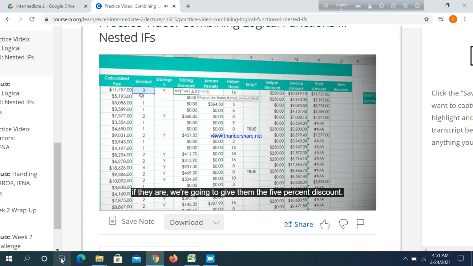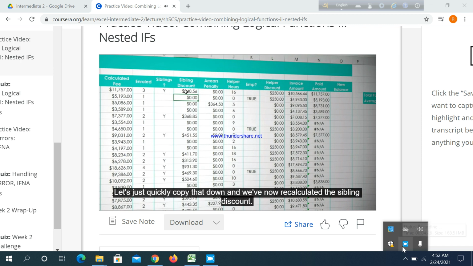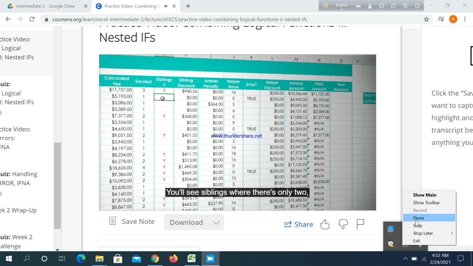If they are, we're going to give them the 5% discount. So that's the calculated fee times 5%. Otherwise, it must be more than 2. So we're going to do the calculated fee times 8%. Again, close your brackets from your second IF, close your brackets from your first IF, click enter. And let's just quickly copy that down, and we've now recalculated the sibling discount. You'll see siblings where there's